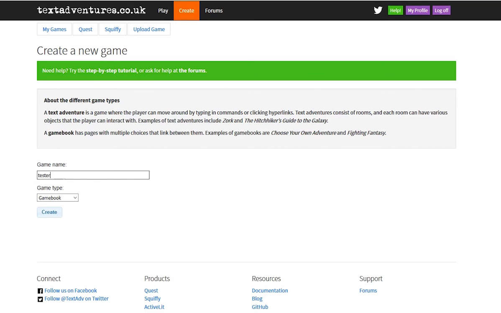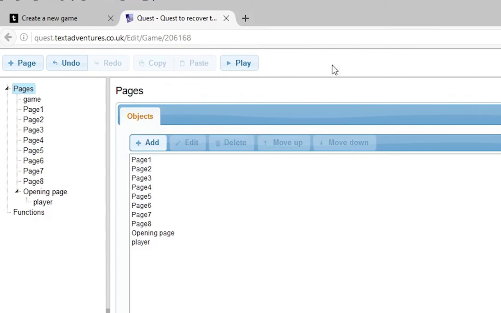So if we do that, it will create your game and then you can start editing. I have created a very simple fantasy adventure story about a wizard on a quest to recover a staff of power. Now, when you visit your edit screen for the first time, you'll probably just have 3 pages, and under